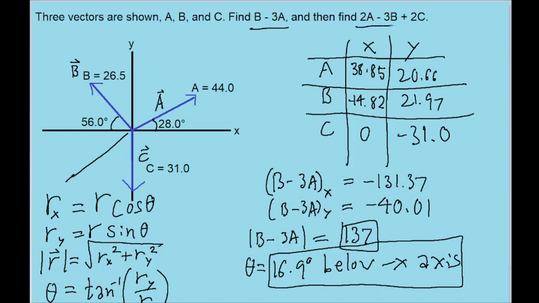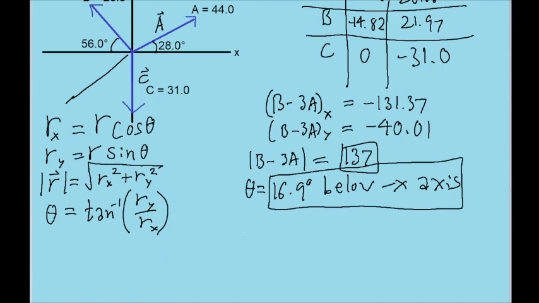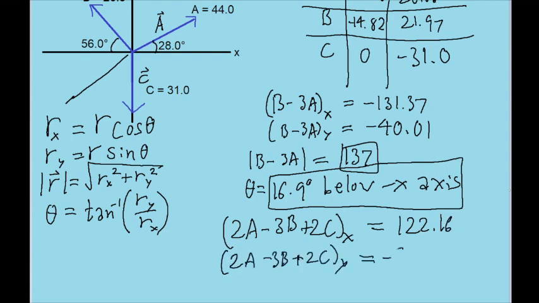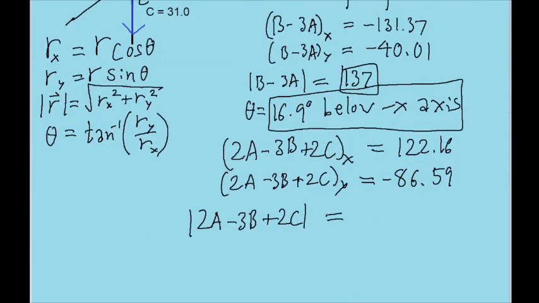For the next sum, we want to find 2a minus 3b plus 2c. We will use the exact same process. The x component of this sum is 122.16, and the y component of this sum is negative 86.59. Putting these x and y components together, using these two formulas that we described here, we find a magnitude of about 149.7 and an angle of